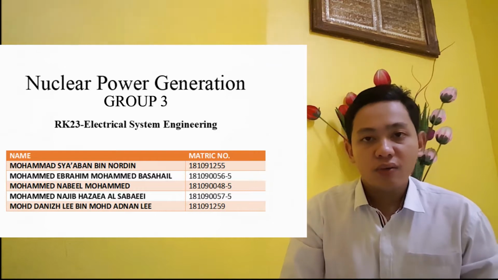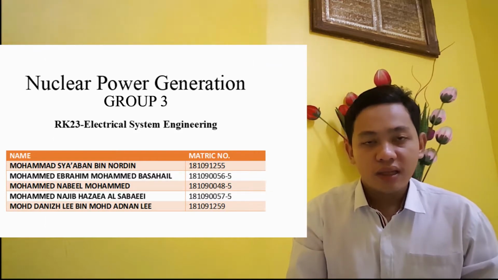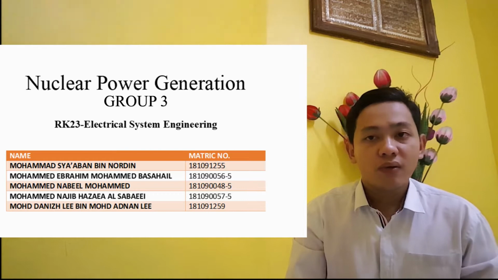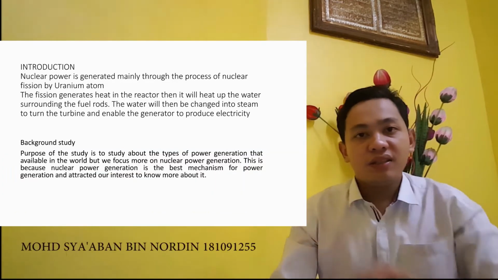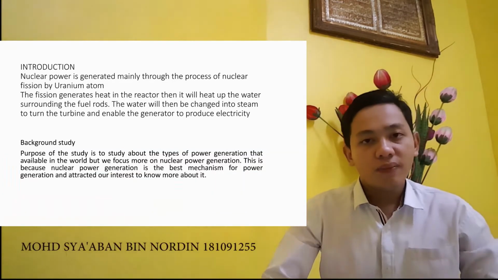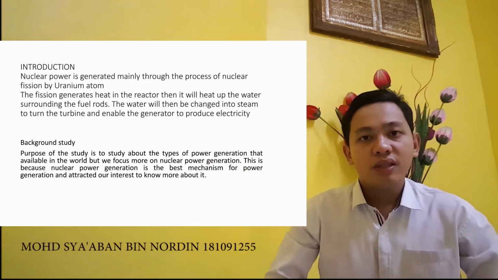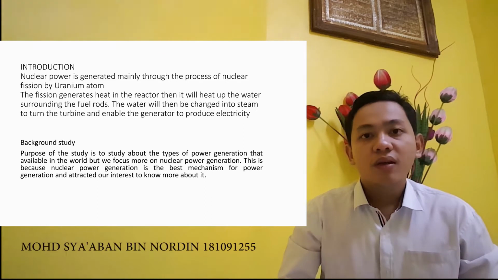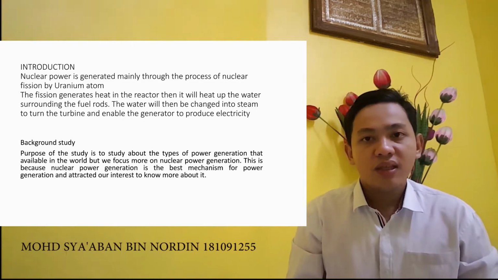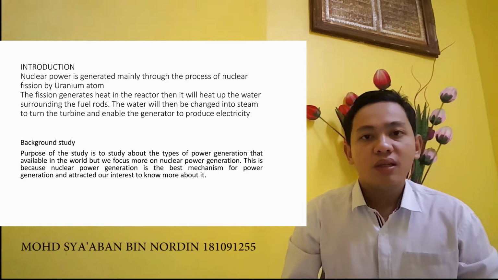In this video, I want to talk about our assignment. Our group topic is nuclear power generation. My part is the introduction. Nuclear power is generated mainly through the process of nuclear fission, which is the splitting of an atom. The fission generates heat in the reactor, which heats up the water surrounding the fuel rod. The water is then changed into steam to turn the turbine and enable the generator to produce